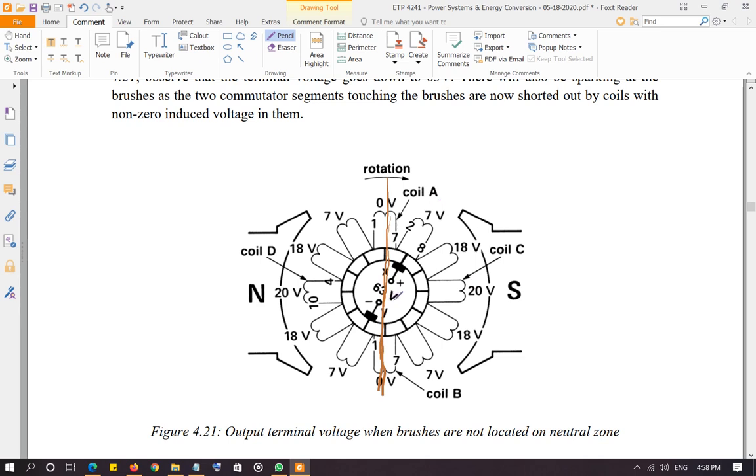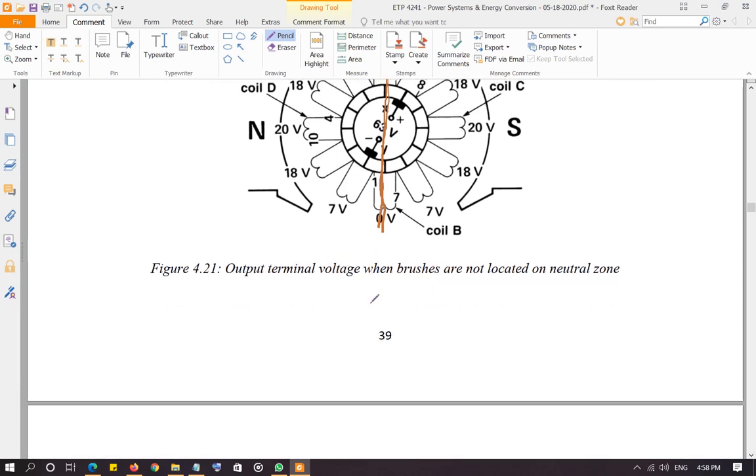So in addition to sparking at the brushes, which will itself cause a voltage loss at the brushes as well as shorten the life of the brushes, the total output voltage induced is going to be less than if you put the brushes at the neutral zone. Okay, now so far you still have not connected the load, right? You just have changed the position of your carbon brushes.